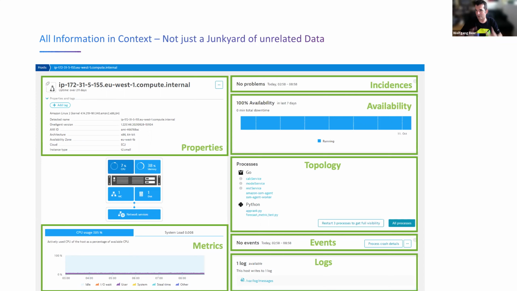So everything falls into place, and you have all the data in context in order to grasp what's going